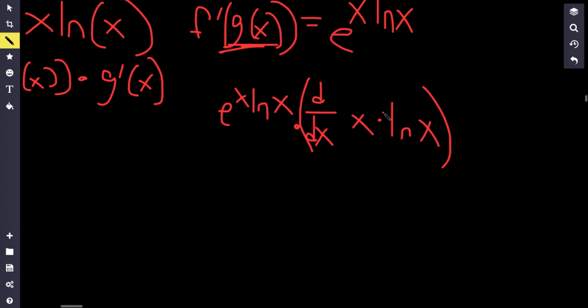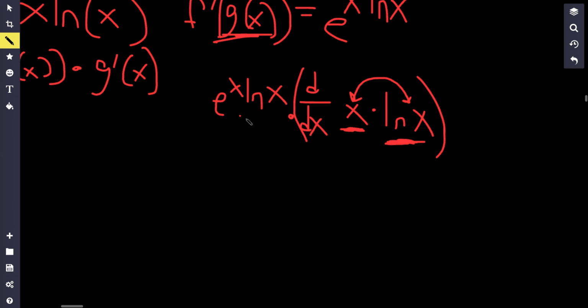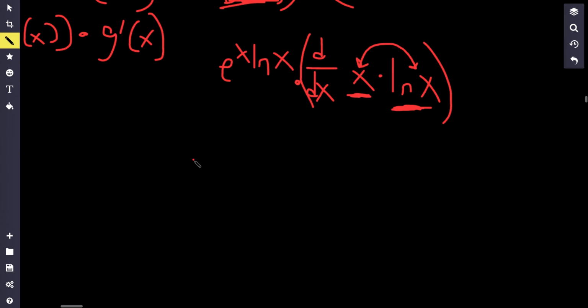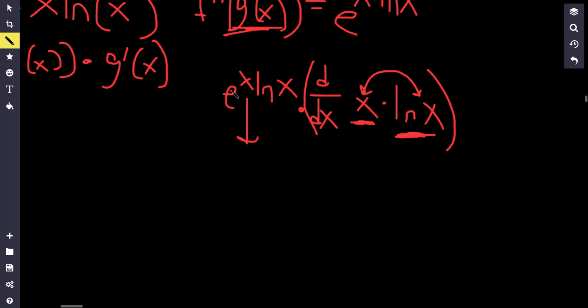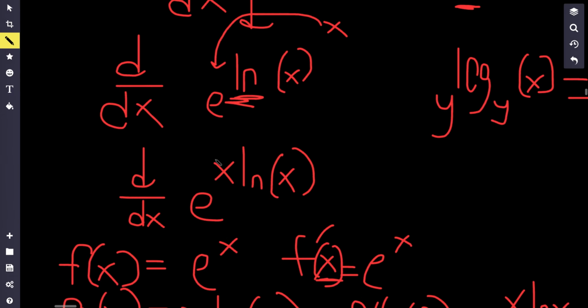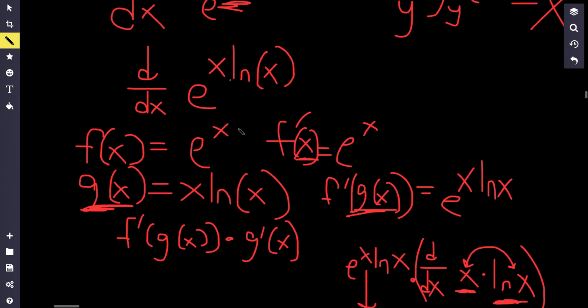Now, what is the derivative of x times ln of x? Well, you have two functions multiplied together in terms of x, so you have to use the product rule. Sometimes when you're doing derivative problems, you have to use more than one rule. So in this case, this is just going to be equal to, well, e to the x ln x, that's just the same thing as x to the x, right? We kind of established that before,